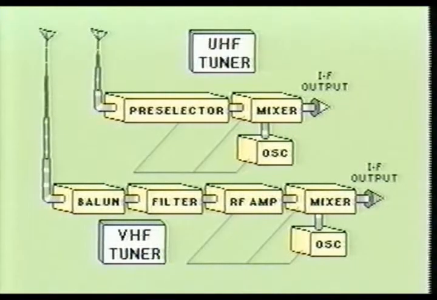Making the tuner stages selective requires that 3 of the sections contained within the tuner assemblies be adjusted simultaneously to the desired frequencies. In the VHF tuner, these 3 sections are the RF amplifier, mixer, and oscillator sections. In the UHF tuner, these 3 sections are the preselector, mixer, and oscillator sections. Channel selection may be accomplished through the use of mechanical means or through the use of solid